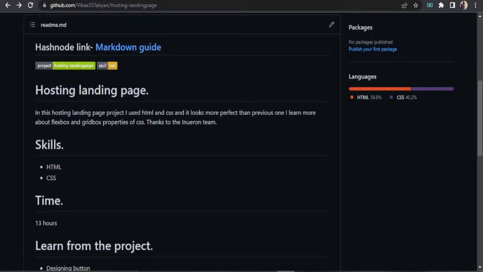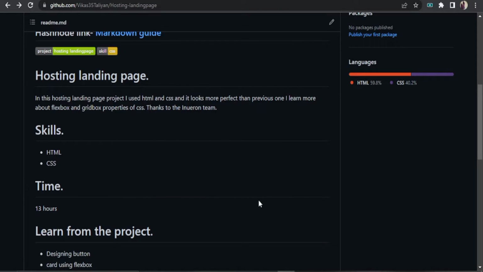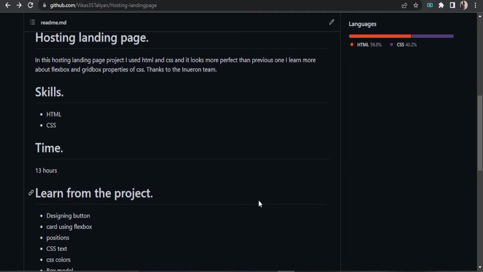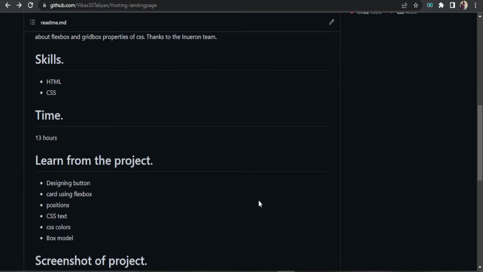My name is Vikas, and in this series of HTML and CSS projects, here is the hosting landing page project, which is live on Netlify, and I learn full stack development from iNeuron AI, which provides the best of the best content to their students. So in this hosting landing page project, I used HTML and CSS, the basics of HTML and CSS, and I took 10 to 13 hours to complete it, learning the basics of how things are working